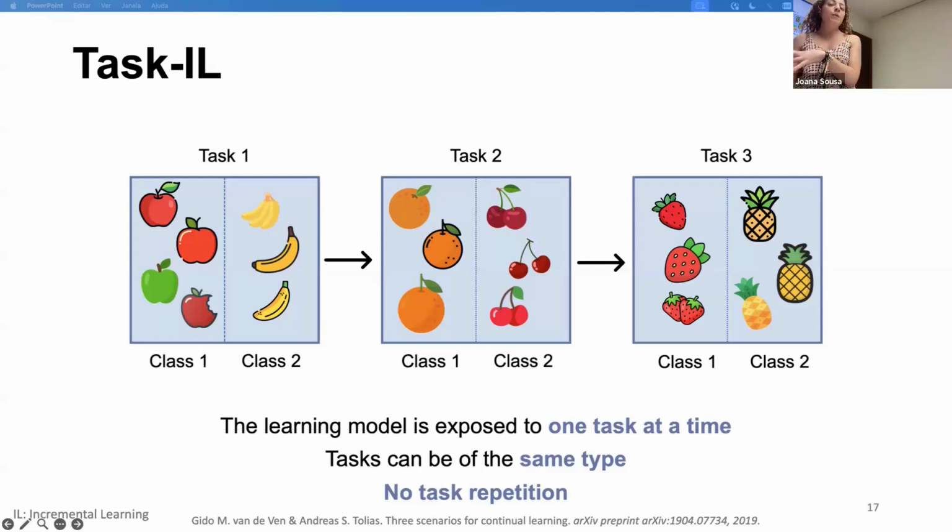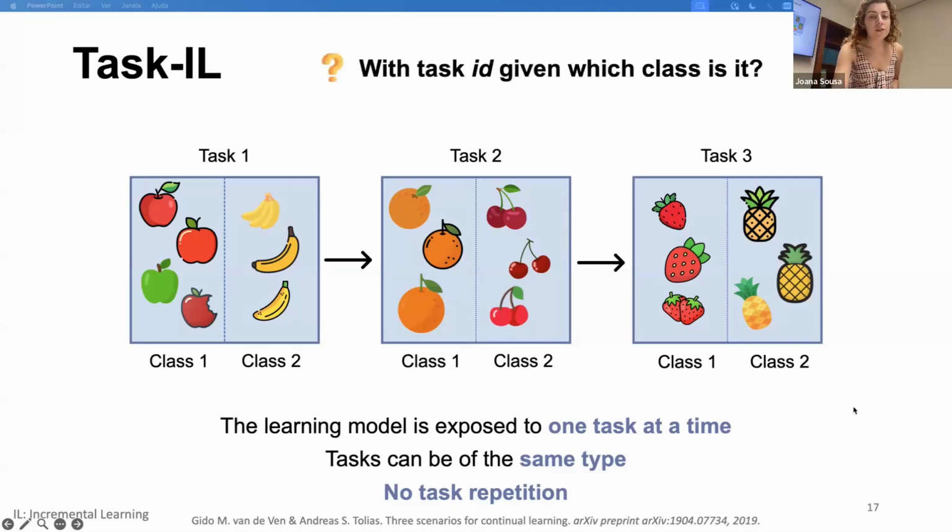And then in the second learning moment, we have task 2. And then once again, it will have to distinguish between one class and the other. Tasks can be of the same type, as we can see in this example, where tasks are all classification, and there is no task repetition, meaning that if in the first learning moment the model is exposed to bananas and apples, then in subsequent learning moments the model will not see this type of data ever again.